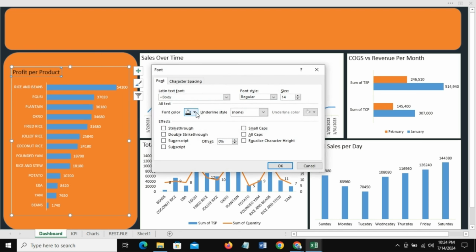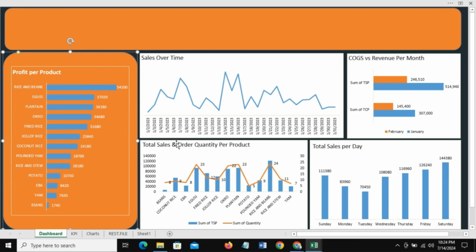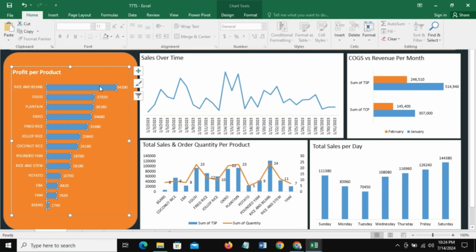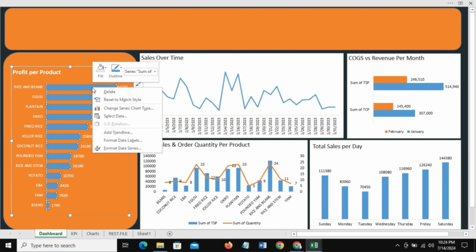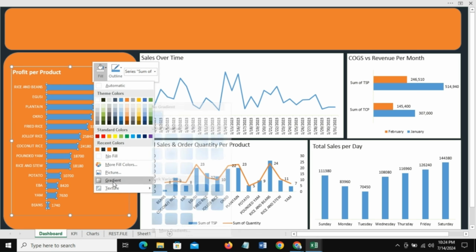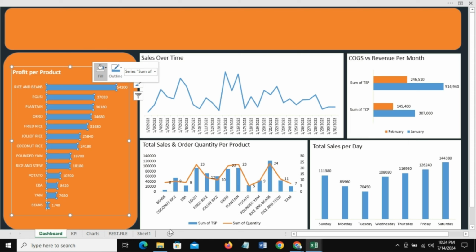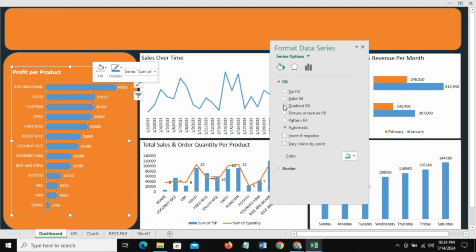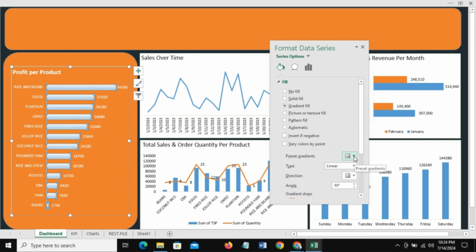Make it white and bold. And say OK. Okay, so now in the charts, I want to change the chart colors to a gradient fill. So just right click on it and go to fill, and then go to gradients, more gradients, click on gradient fill, and then